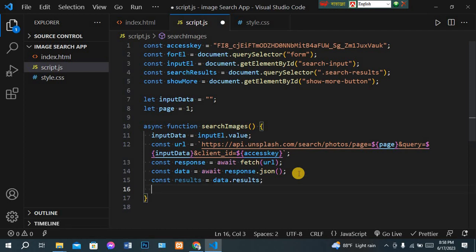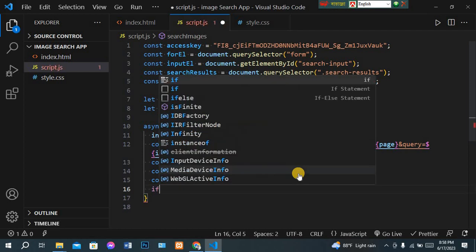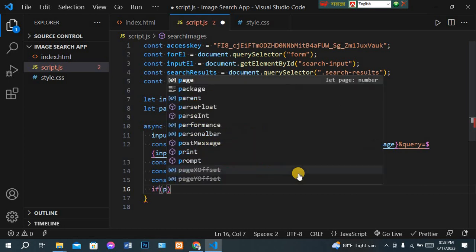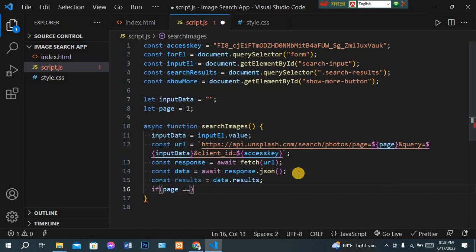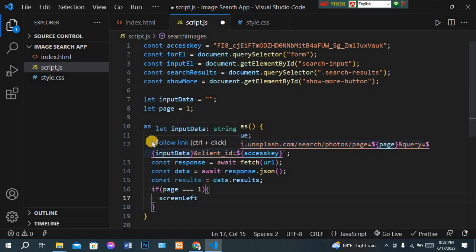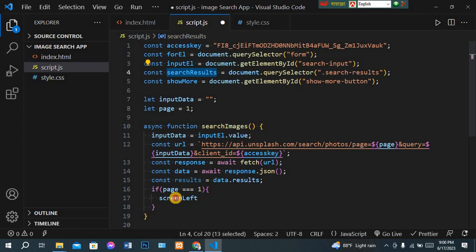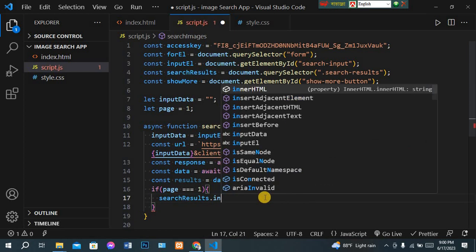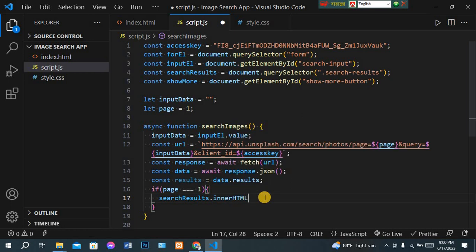Now we will create an if condition, and that is if face equal 1, then search result dot inner HTML is equal to empty,